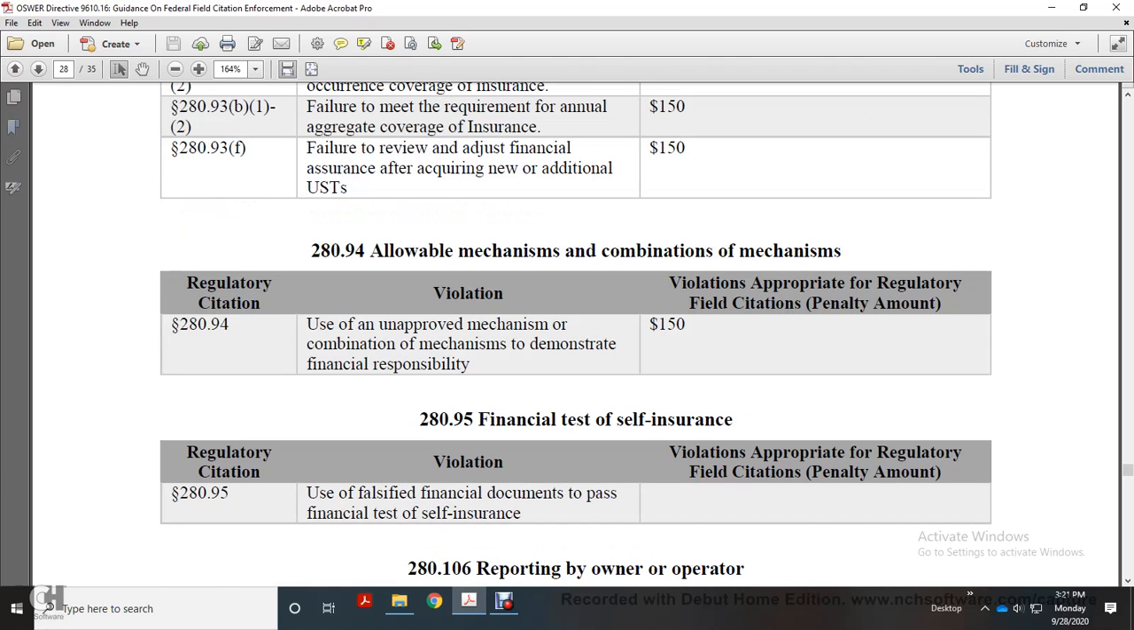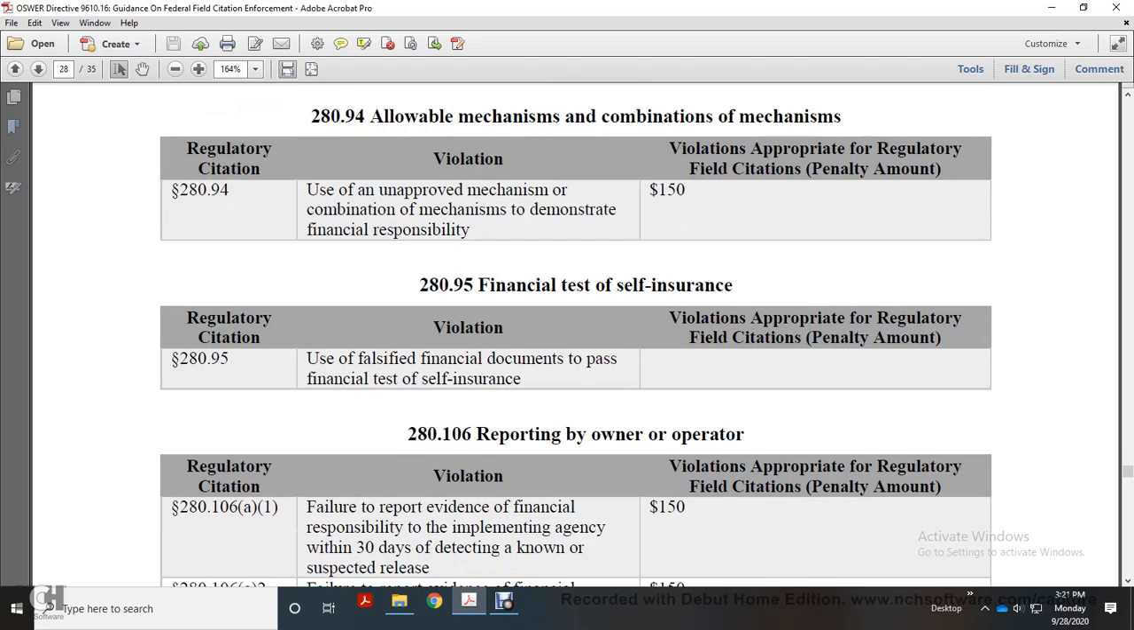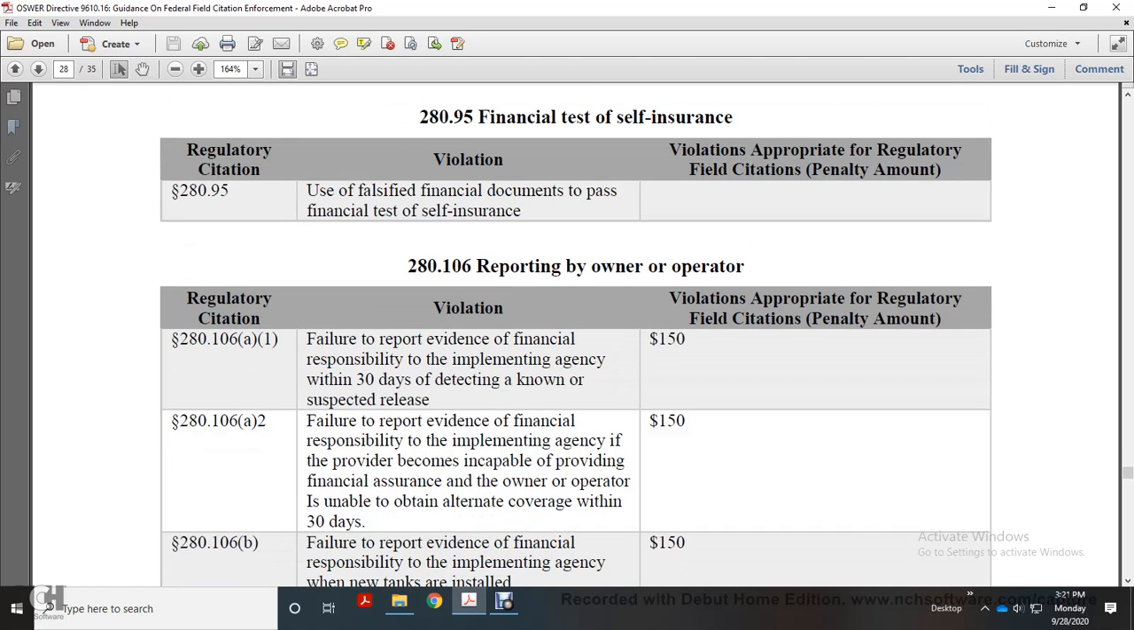280.95, financial test of self-insurance: using falsified financial documents to pass the financial test of self-insurance. 280.106, reporting by owner and operator: failure to report evidence of financial responsibility to the implementing agency within 30 days of detection, known as a suspected release. Failure to report evidence of financial responsibility to the implementing agency when provided with